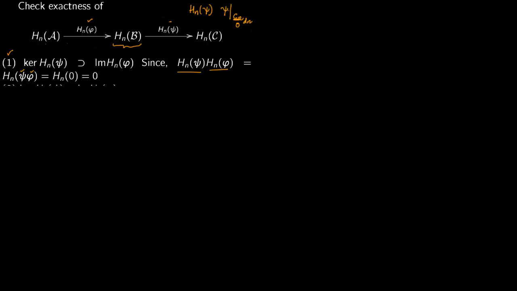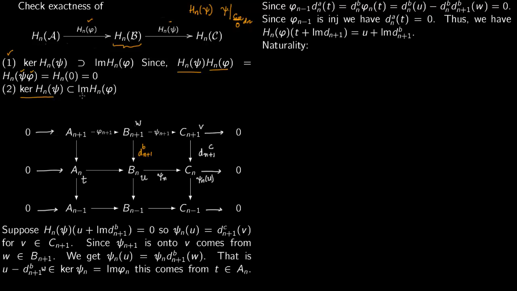Now the second part is slightly more involved, that the kernel is contained in the image. So let us see this. We start with the kernel. So you start here and we want to end up right here. So if an element is here, that means it is eventually here. So say you apply this map Hn psi on some u and it gets mapped to 0. So you have u here and it gets mapped to 0 here. So 0 means that it has to be part of